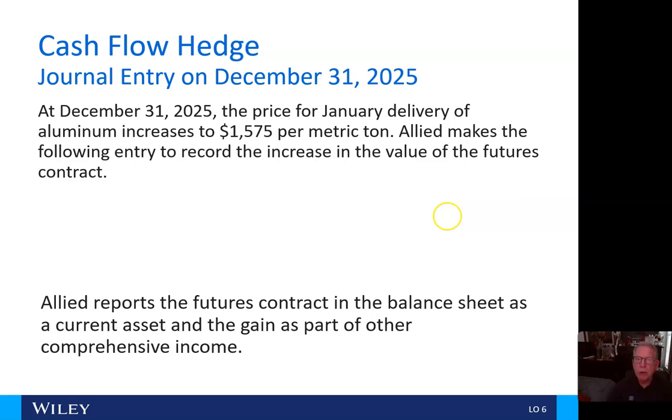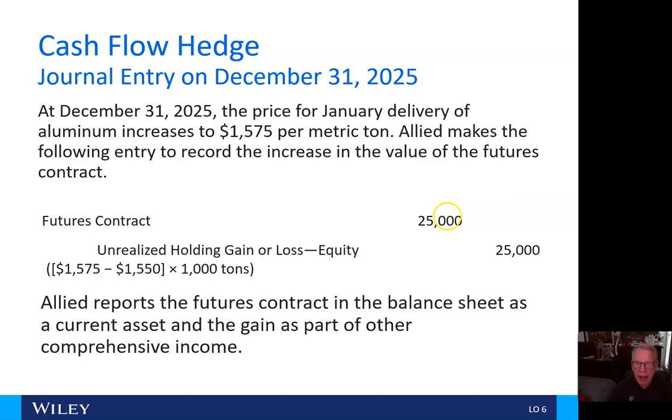At December 31, 2025, the price for January delivery of aluminum increases to $1,575 per metric ton. Allied makes the following entry to record that increase in value of the futures contract. And here, it's going to debit futures contract for $25,000 and the unrealized holding gain dash equity of $25,000. And that is calculated by taking the $1,575 minus the $1,550, $25, times 1,000 tons. Allied reports the futures contract in the balance sheet as a current asset and a gain as part of other